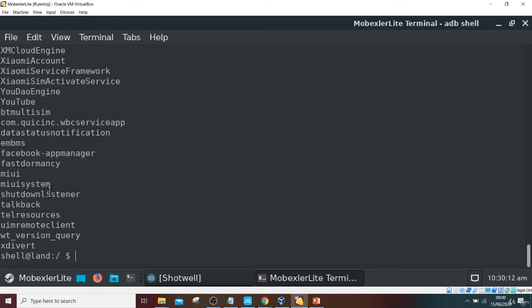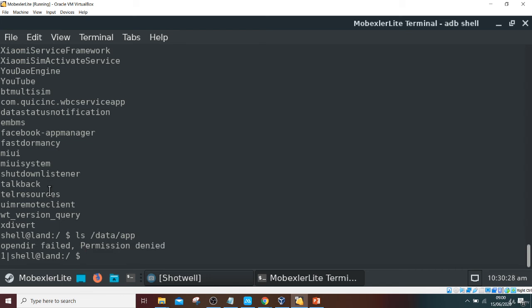Now in data/app, we can see the apps which are installed by you, or which require root access. So you can write ls and then go for data/app. It says open dir failed, permission denied. That means you need root access to enter this folder and show the apps.